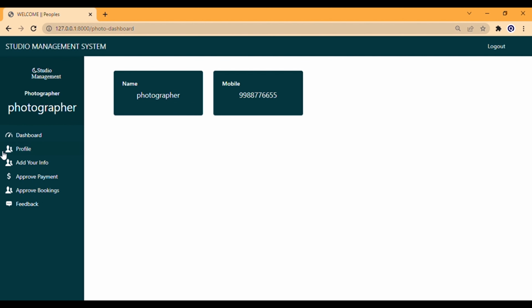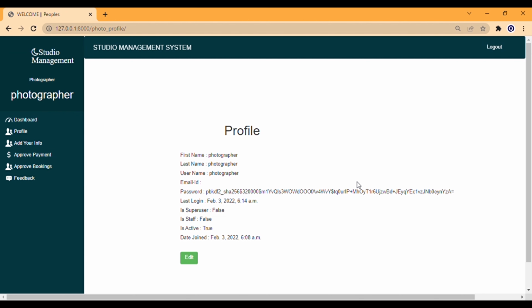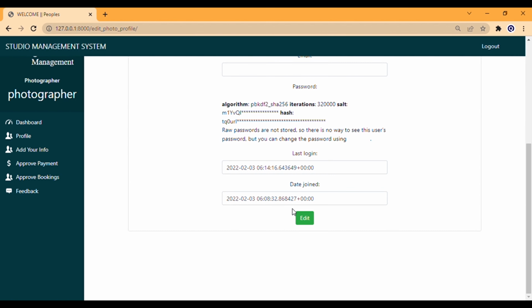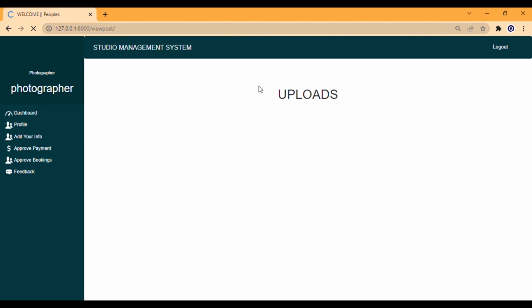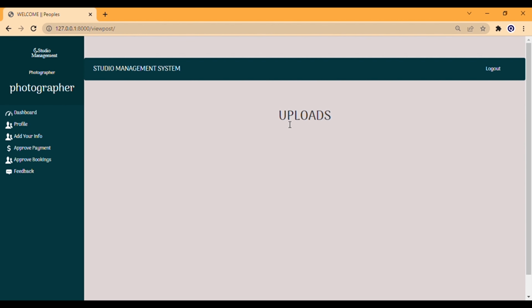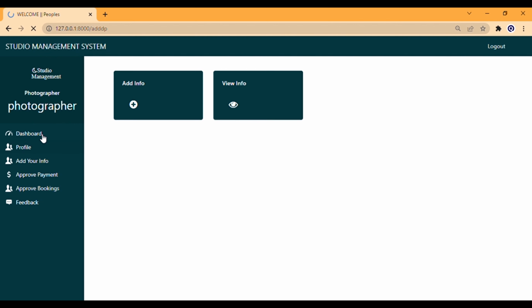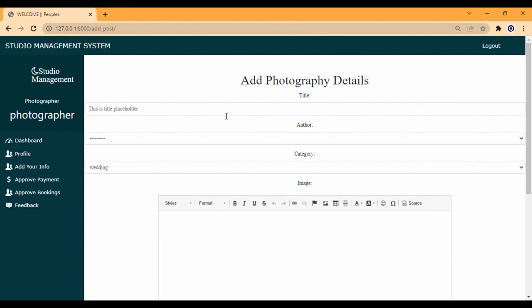Here you can see the photographer's name, mobile number, and profile, and you can view all details, edit profile and change password, and you can view your info and uploads, and you can add your photography post which the client can access and order you, like place a booking order. So here the photographer can create a post and add a title